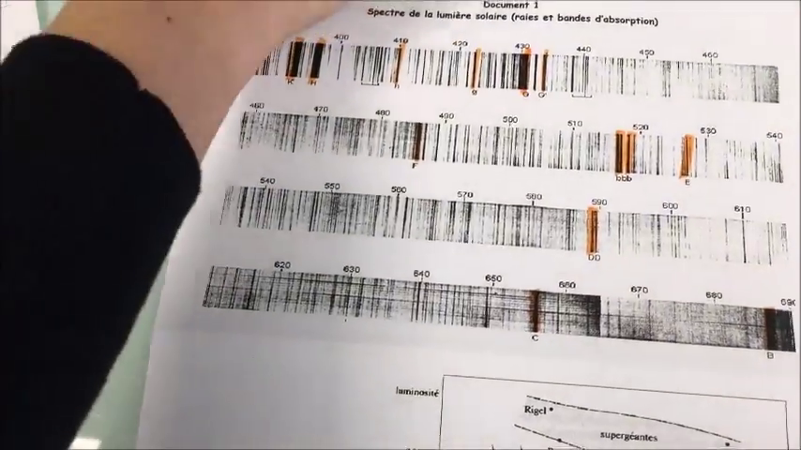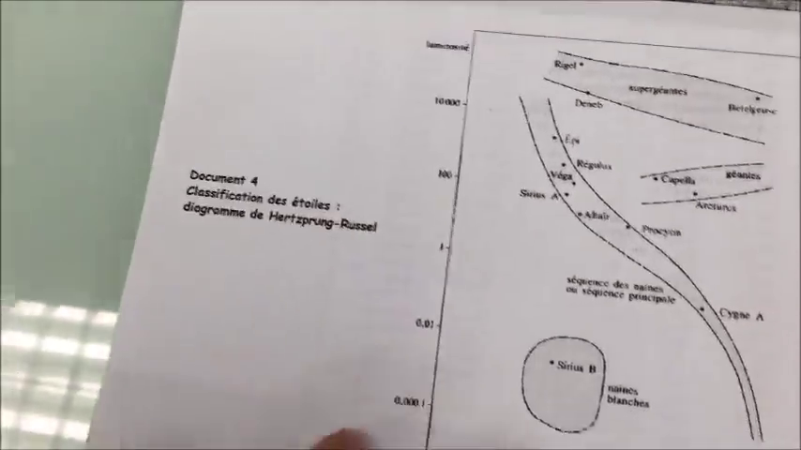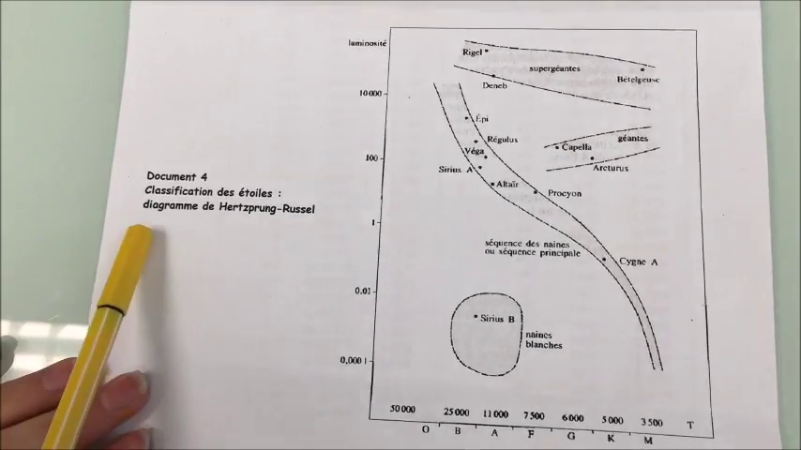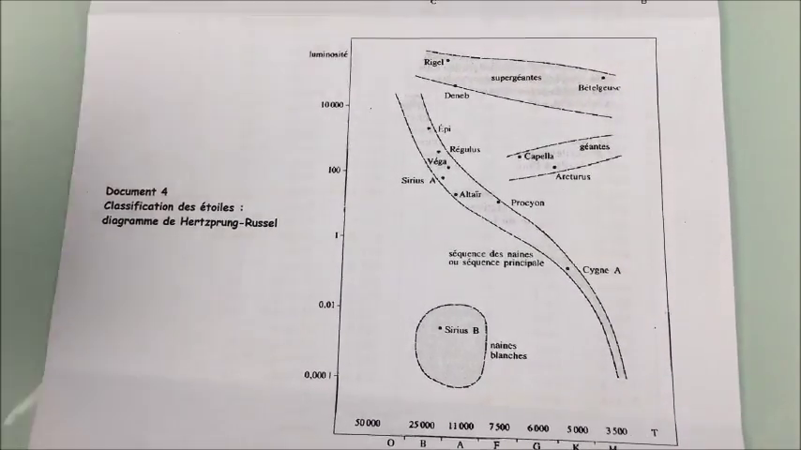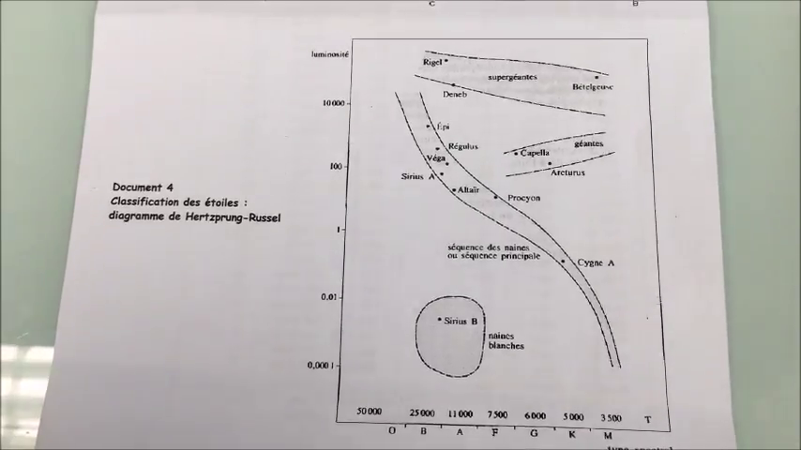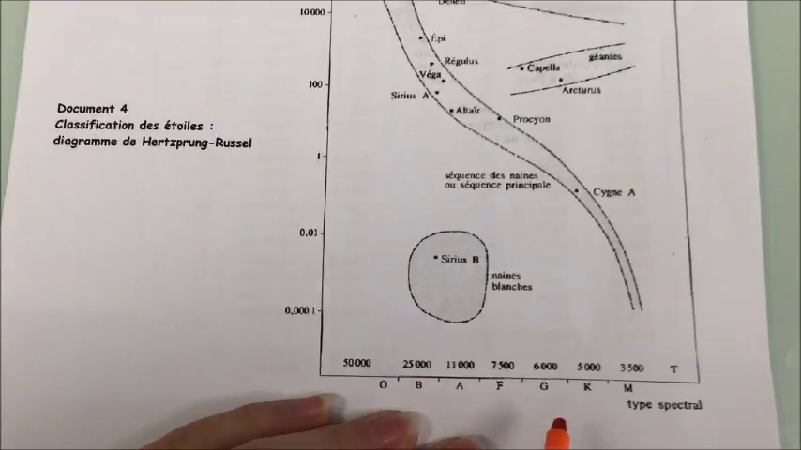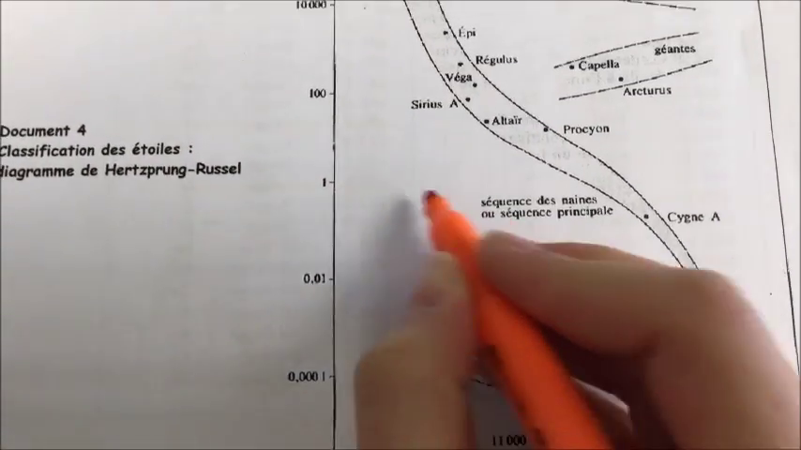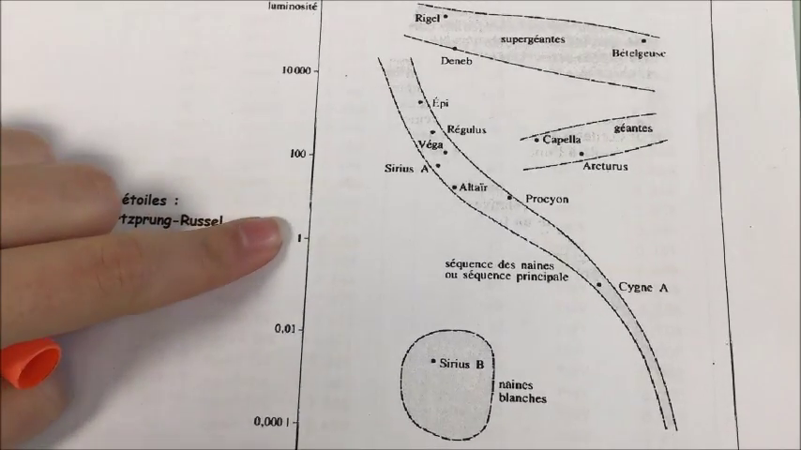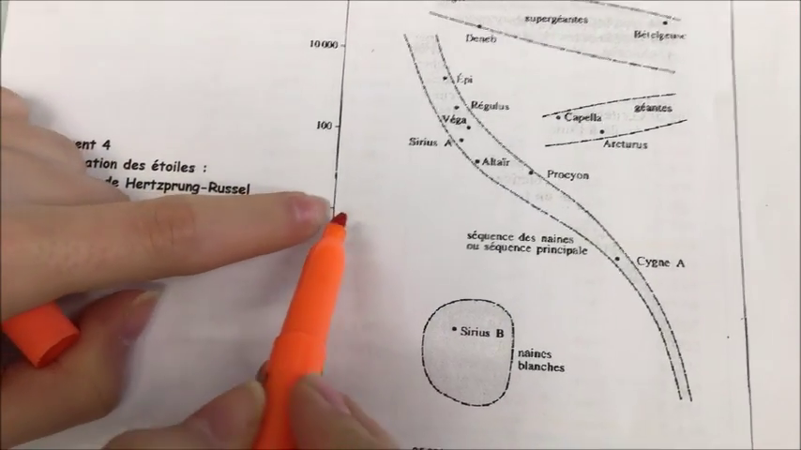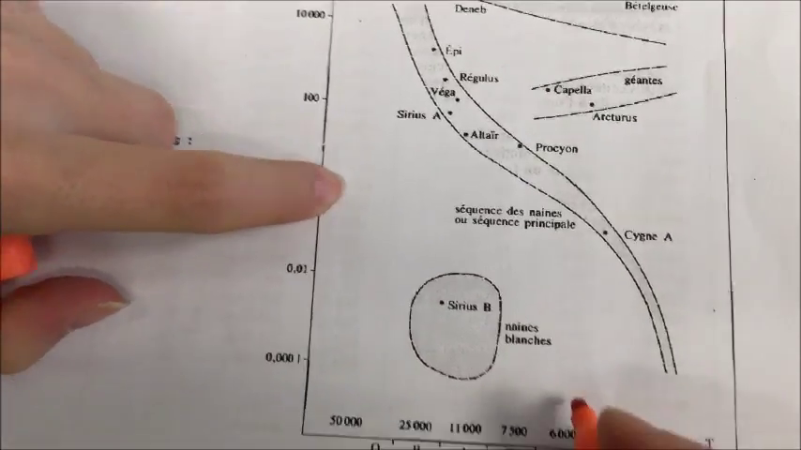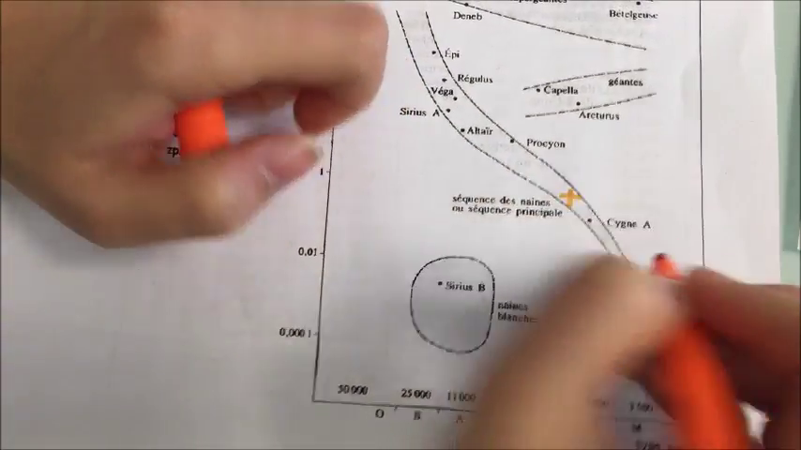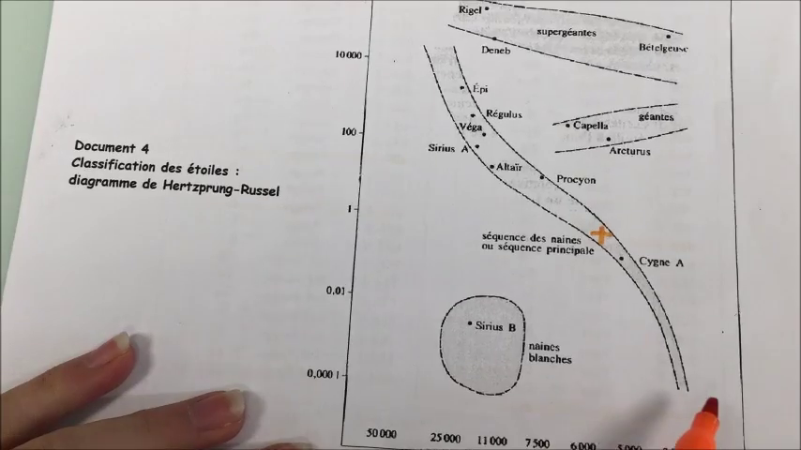To conclude, here we have a diagram classification of stars, and we can see that G stars are here. So we just have to go up, up, up, and since the sun is our reference, we see the sun here, and we have a cross here. So we can see that